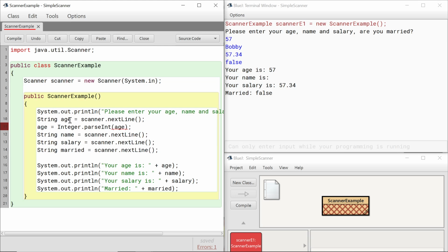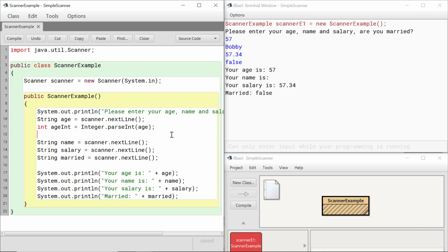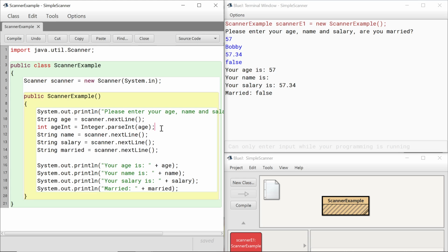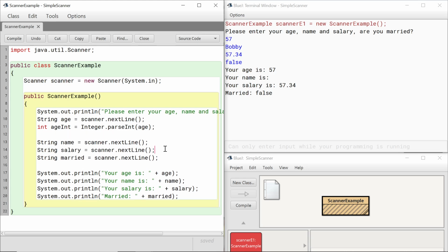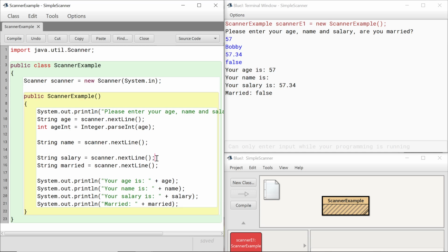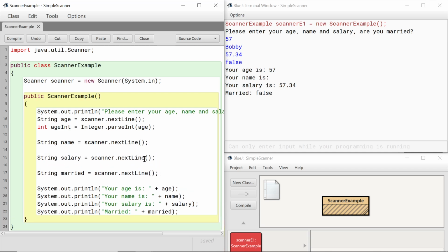So okay, let's change this one. So age int, and we need to declare that type as int. So that's worked. So let's do the same thing for the others. Okay, so name is fine because that simply takes a string. Salary, we want that to be a double. Oh no, we just want that to read the next line. Then